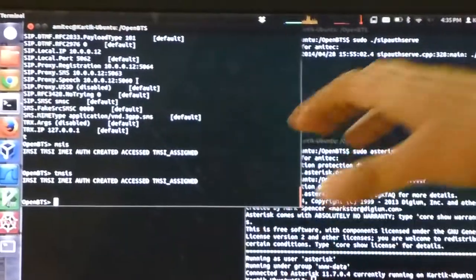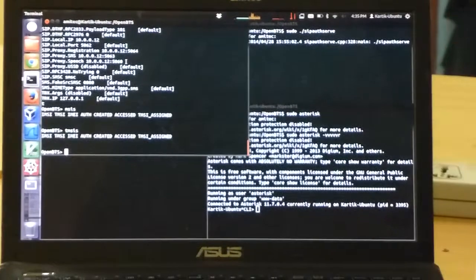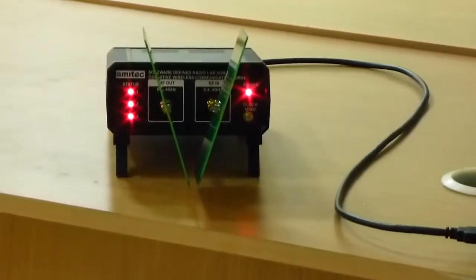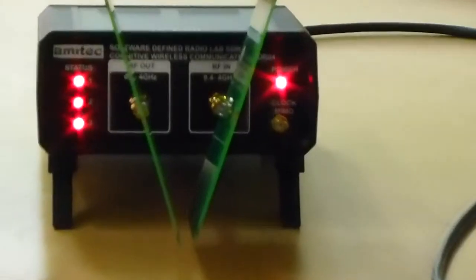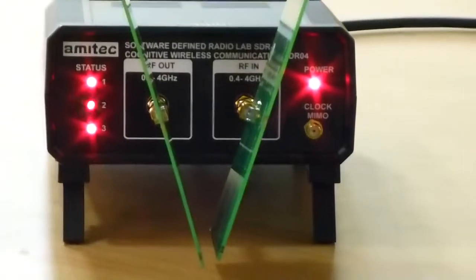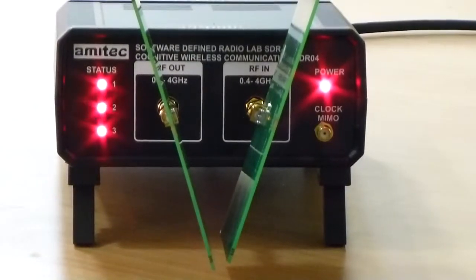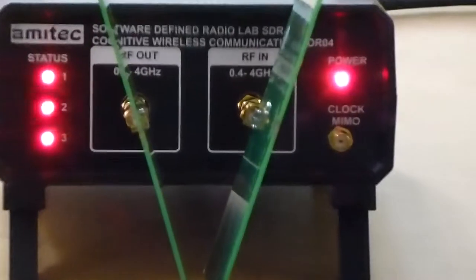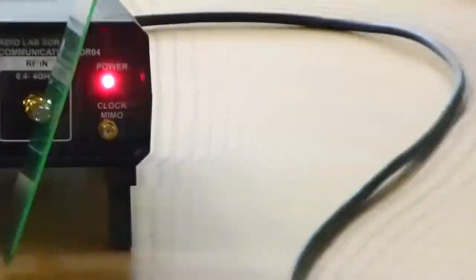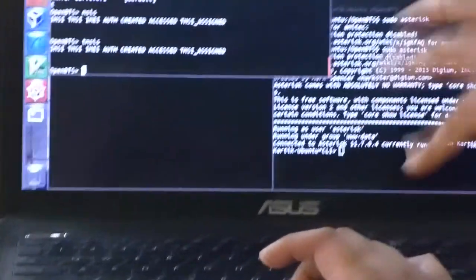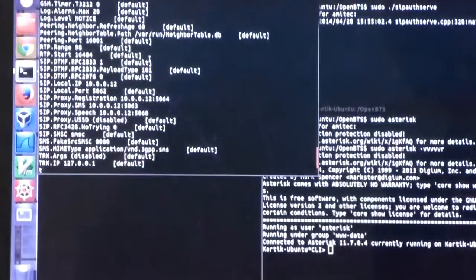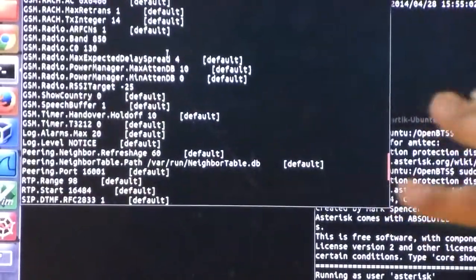Similar to the other base station, this base station can also be configured to work in any mode from GSM 850, GSM 900, GSM 1800, 3G, 4G, because it covers the entire frequency range, and the power levels. All these things are controlled via software itself. Here also we can change and configure all the parameters of GSM working, GPRS, handover, among other things.